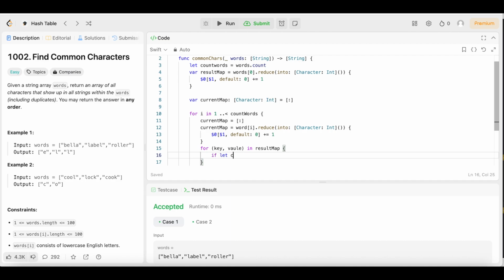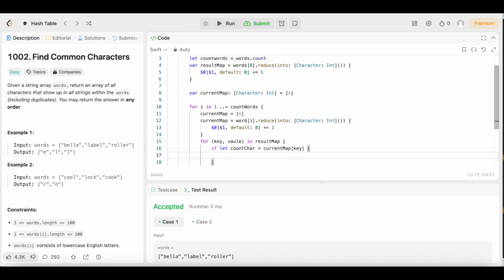We're going to say if let count char equals current map, open up the square brackets, key. Remember, for the key and value right here that we created in the result map with this dictionary that we reduced it into,